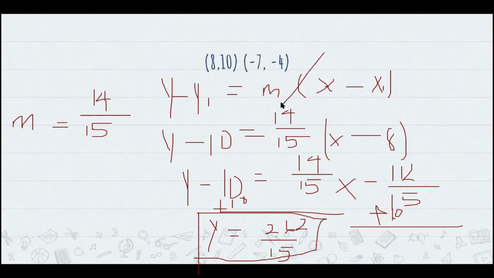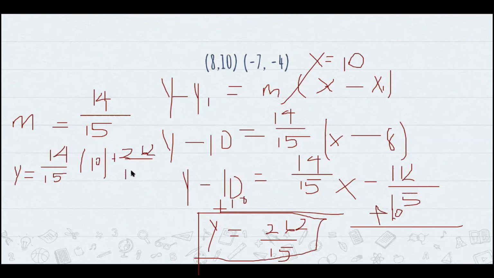Over here, they should give you an x value, so we'll just plug in 10. So we'll substitute it into the original equation we got. So y equals 14 over 15, because that's our slope. Our x will be 10. And then we'll have our y value, which was over here, plus 262 over 15. And we'll just solve it to find